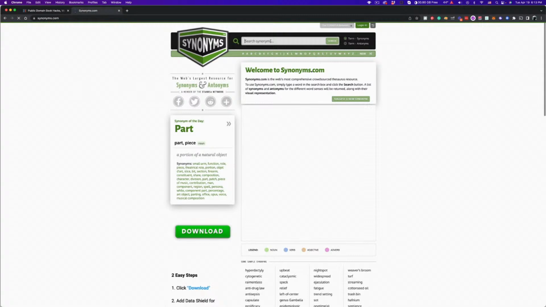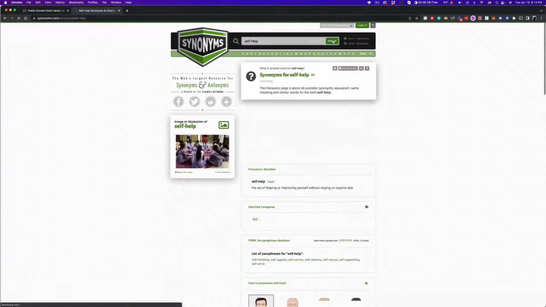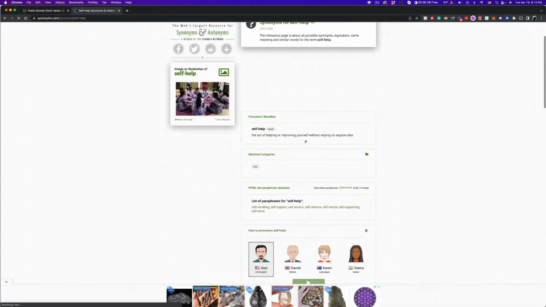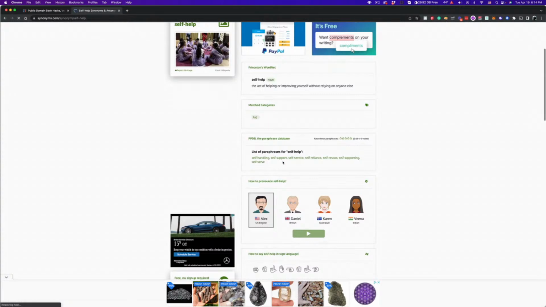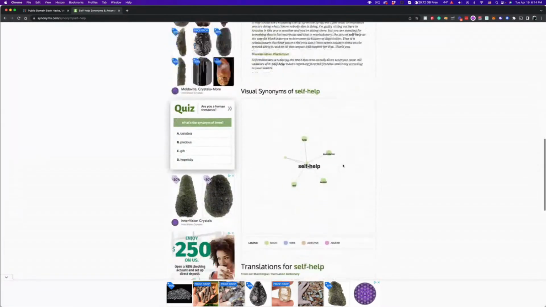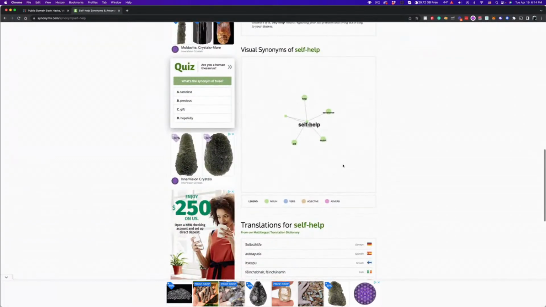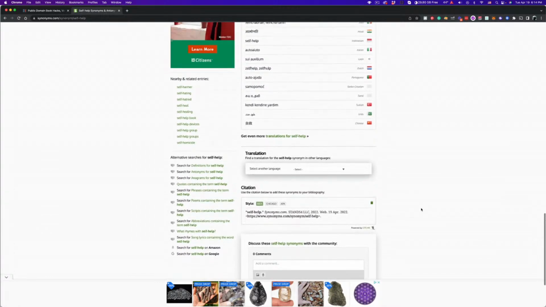It's kind of the same thing, you know, type in, say, self-help or any other number of words. And it breaks it down. It gives paraphrases, self-handling, self-support, self-reliance. It gets into visual synonyms, translations into other languages, I mean.